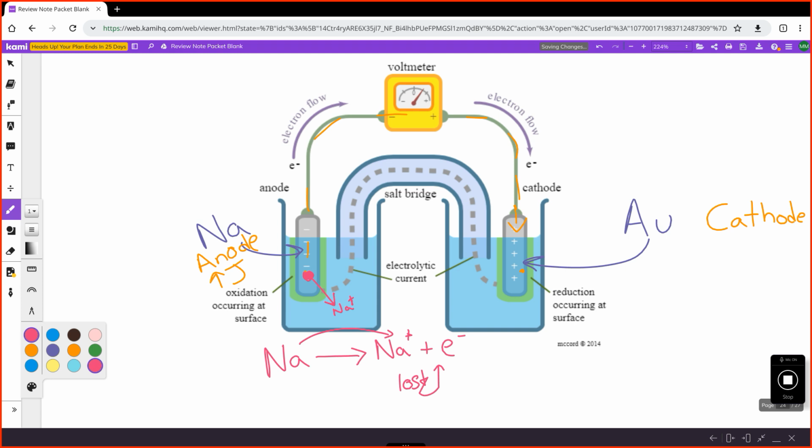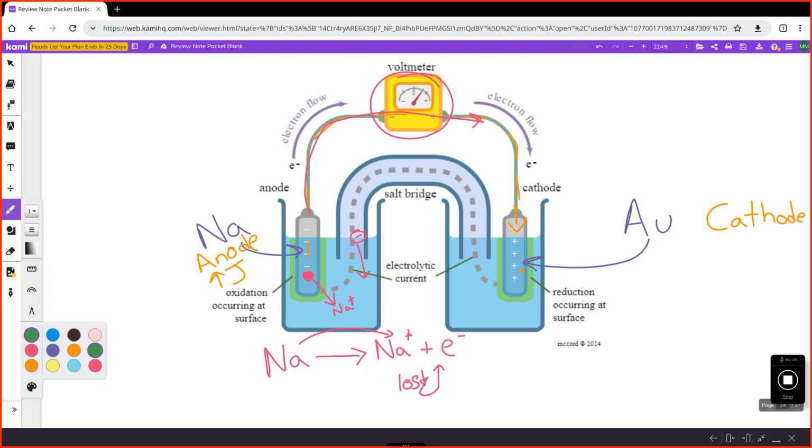All right, and what ends up happening, because I'm adding all of these positives into this solution, the salt bridge, as discussed before, takes some unknown negative ion through diffusion and balances out the change in charge that we are seeing. All the while, the electrons are moving through here, creating electricity that we can then use. And as that electricity and electric current continues,